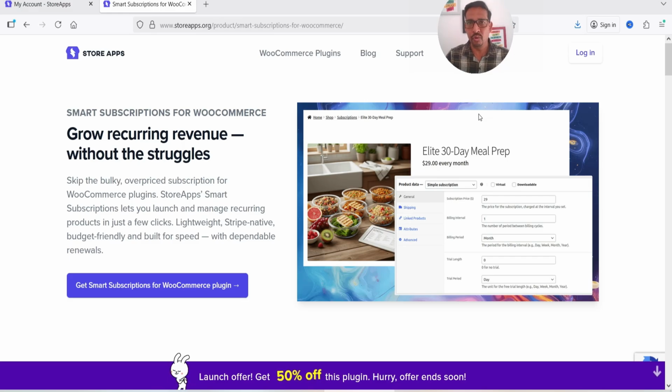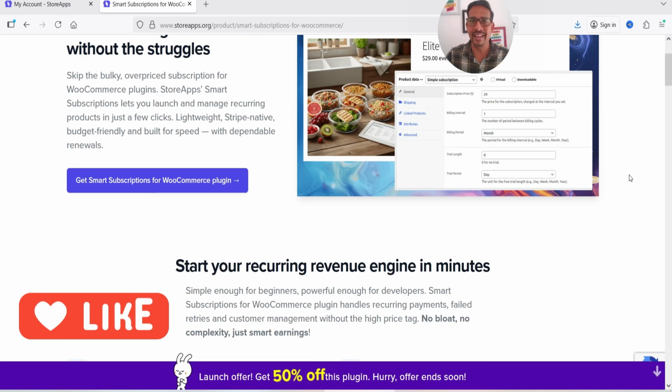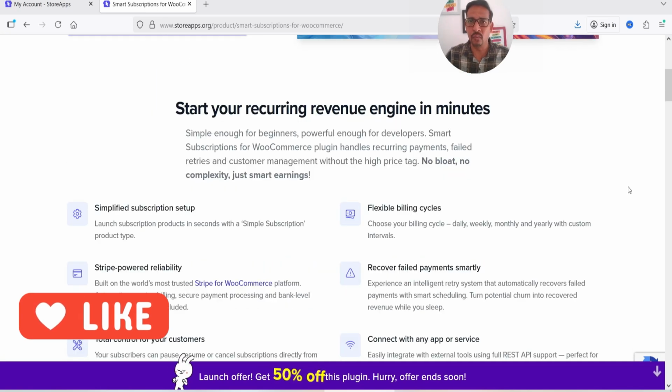In this video, I'm going to install one of the best subscription plugins for a WooCommerce website. The name of the plugin is Smart Subscriptions for WooCommerce. Using this plugin, you can easily create a subscription product in a WooCommerce website. You can create a daily, weekly, monthly or yearly subscription product and start accepting recurring payments in a WooCommerce